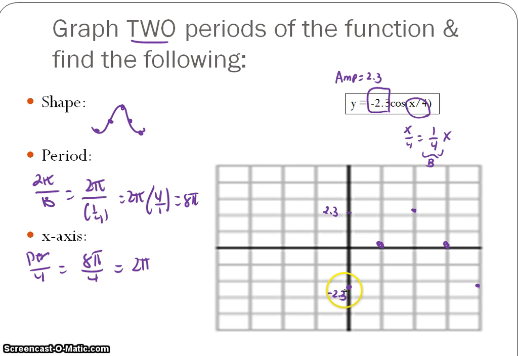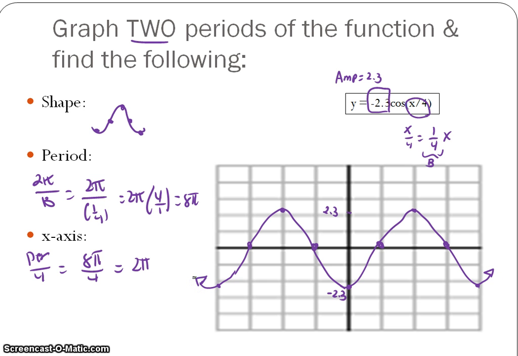And if I continue this, the same U shape is going to go the middle, and the max, and the middle, and then the min. And then now I'll see these two upside down U's, and I'm going to connect with a smooth curve. And then the last thing I'm going to have to do is put arrows on my graph and my x-axis